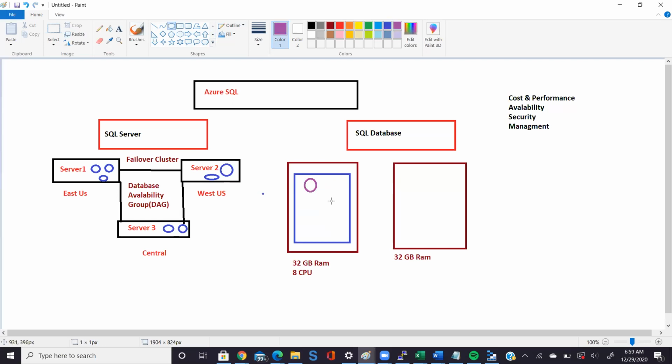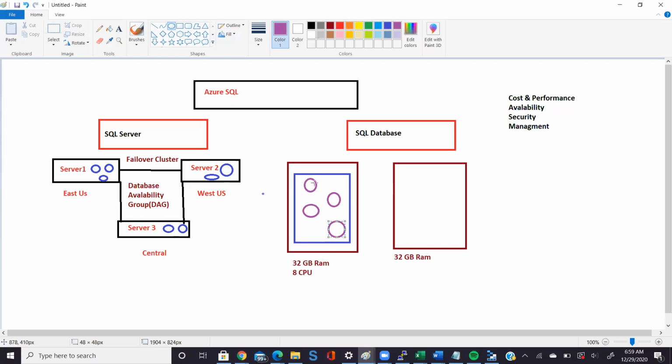This is account DB. This is for a marketing application. This is for something else. Now what all four databases will do is start sharing this 32 GB RAM. So if this database requires more RAM, the other three will provide RAM to it. After some time, if another database requires more RAM, then they will release the RAM which they are not using, and this one will start using the RAM.